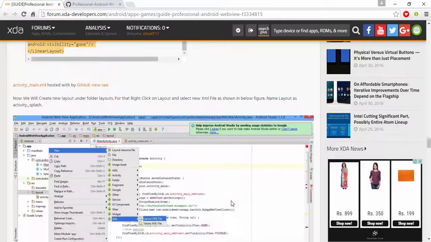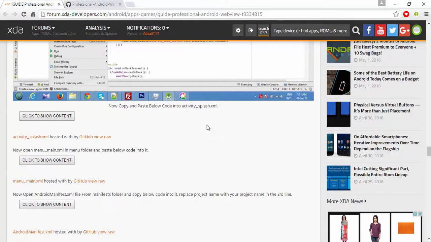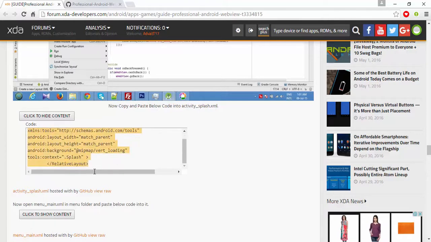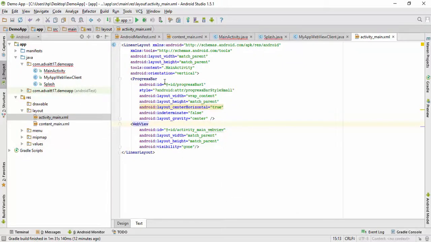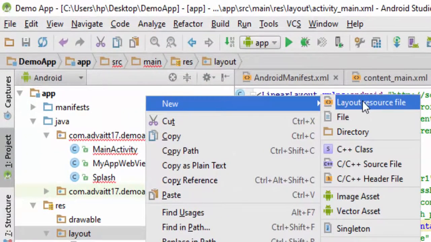So now we will make a new file that is activity underscore splash, and here is the code for that. So copy this and click on layout, and you can also go with layout resource file. I will show you.